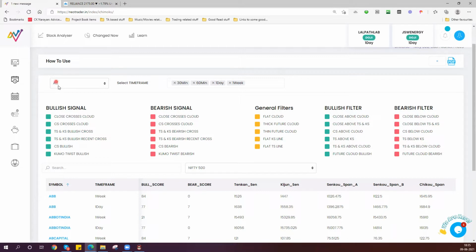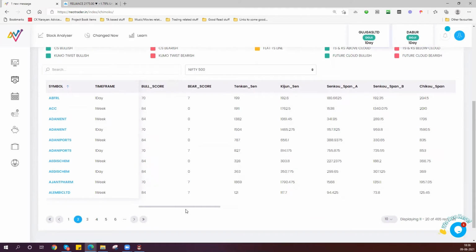Now here, if you see, there is a listing of all, and then there is bullish, and then you have bearish, right? So you got all, bearish and bullish. When you ask for all, which is the default setting, then all the signals are shown here. If you can see ABB, 1 week, 1 day, About India, 1 week, 1 day, etc., all of them are there, right? When you choose only bullish, then certain stocks only will show, which are meeting the bullish criteria. And here in the time frame, it will show which are the time frames where this criteria is met.